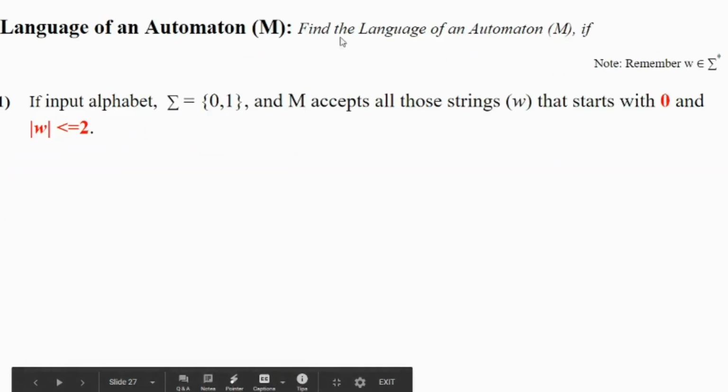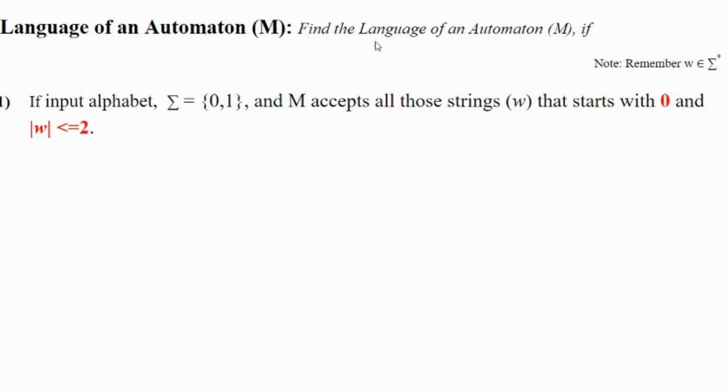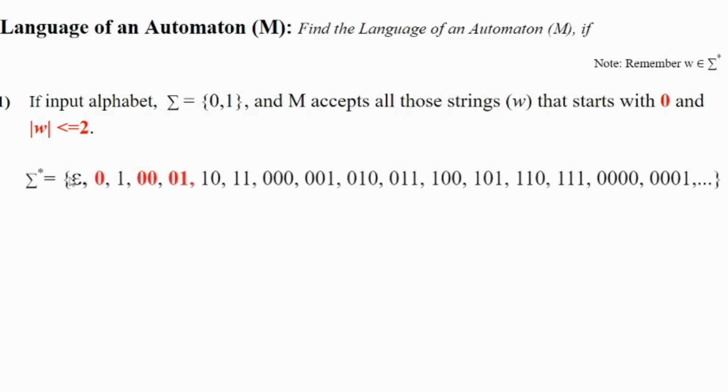Let's understand this concept with the help of one more example. You have to find the language of the automaton if the given condition is number 1, the input alphabet is 0, 1, that is all strings will be made up of either 0 or 1. The automaton is accepting all those strings w that start with 0 and whose length is less than or equal to 2. Sigma star, which is the set of all possible strings, is written here, and these are the strings which are starting with 0. This is the first string, then this string also is starting with 0,